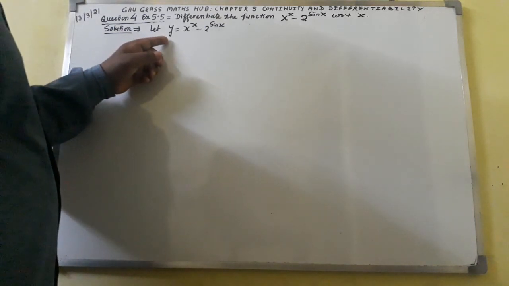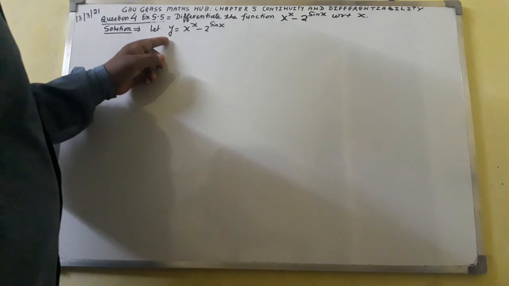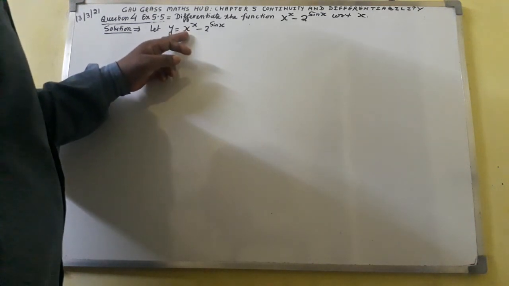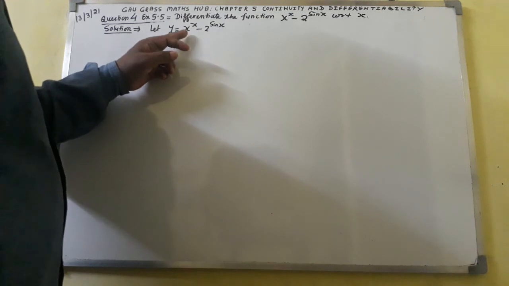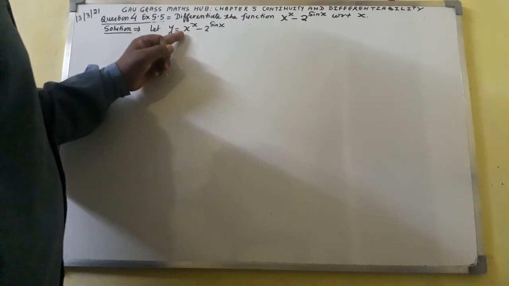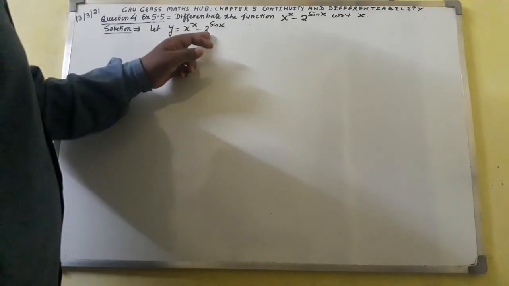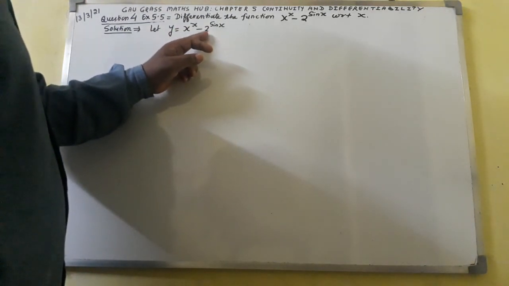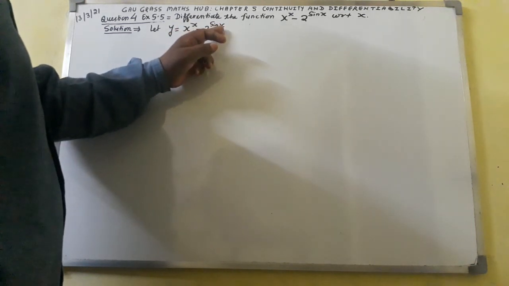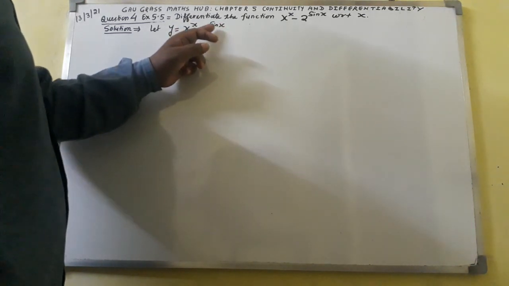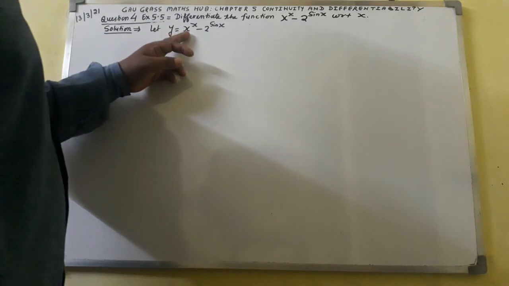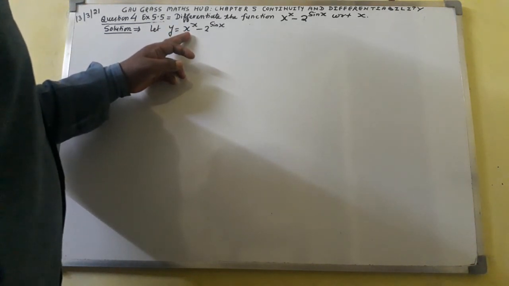Here you can see in the given function the first term is x raised to power x. X is variable, the variable raised to power variable, and second term is constant raised to power variable. Sin x is variable, the constant raised to power variable. Two terms are available. In this case, we shall take each term and process each term by logarithmic method.